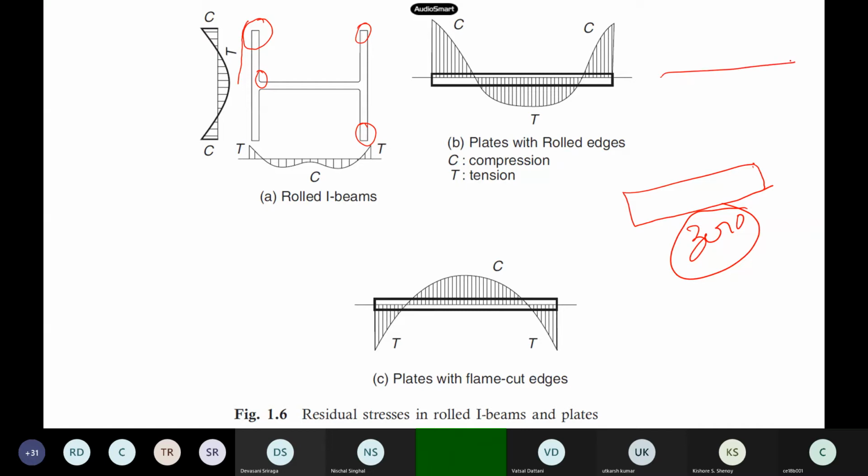See, for example, I have a beam here which is resting here, say. Okay, so this is my beam, no load is acting. But if I want to stress it, what happens when you increase the temperature? When you have a beam with nothing on it, if you just increase the temperature, what happens?